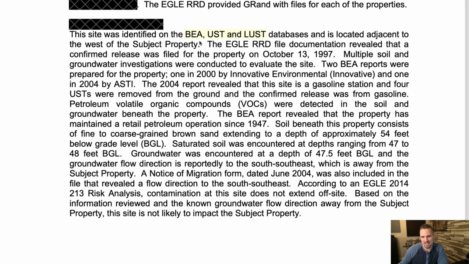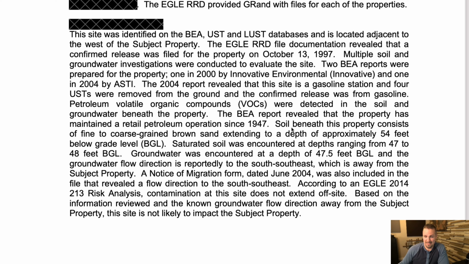And when you see stuff like BEA, UST, and LUST, BEA stands for Baseline Environmental Assessment, which is basically the assessment that you do when there's significant environmental contamination on a property, and you figure out, okay, what are the next steps? Or can we just buy the property and not do anything to it, knowing that there is contamination, as long as we follow a certain due care plan to mitigate that contamination. Then UST stands for underground storage tank, and LUST stands for leaking underground storage tank, which, as you can imagine, happens at old gas stations and that kind of thing. So basically those things were identified on the adjacent property.